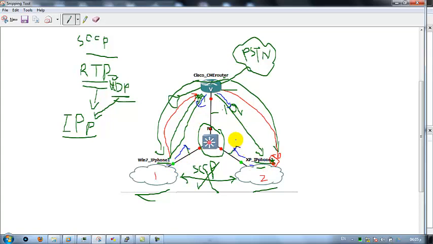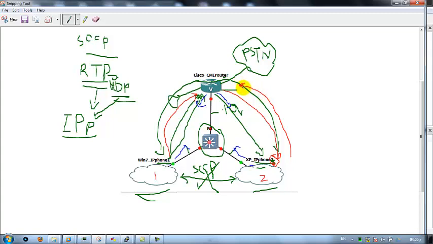During this, you have a connection between IP phone 1 and IP phone 2. So the RTP is responsible for carrying the audio stream. After that, when the call finishes and phone B hangs up, a skinny message is sent. When phone 2 ends the call, I just want to use the red pen, it will send again